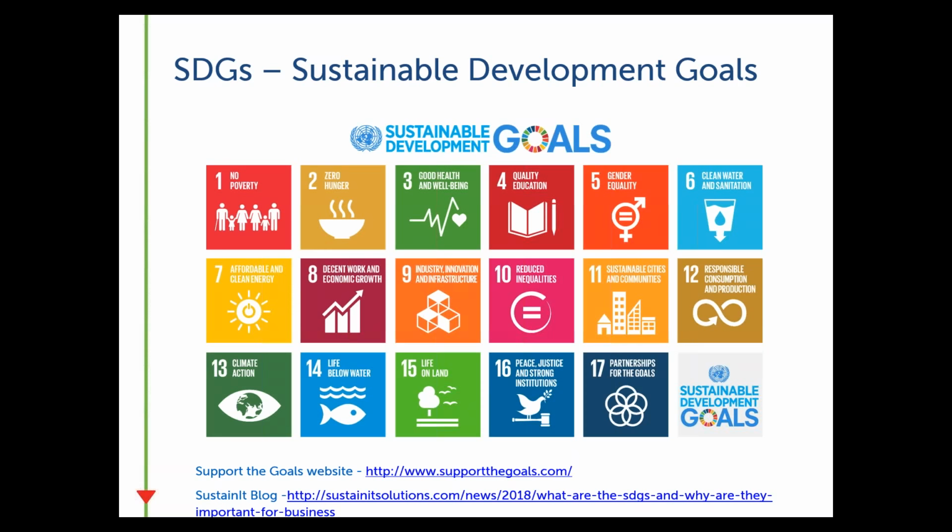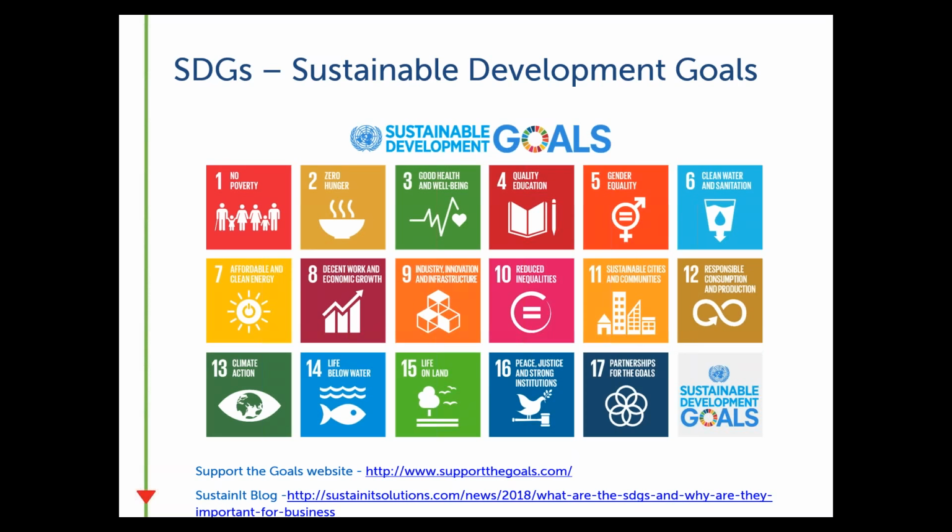The website gives examples of businesses that are ensuring sustainable consumption and production patterns within their operations. This can be used to inspire other companies to follow in the same direction. If you're interested in reading further into why the Sustainable Development Goals are important for businesses, there is a blog